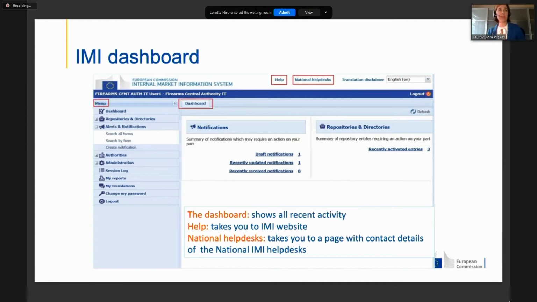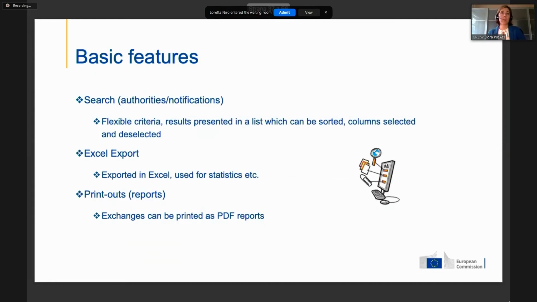If we move to the next slide, yes, thank you very much. I would like to go on with the basic features of our system. First of all,